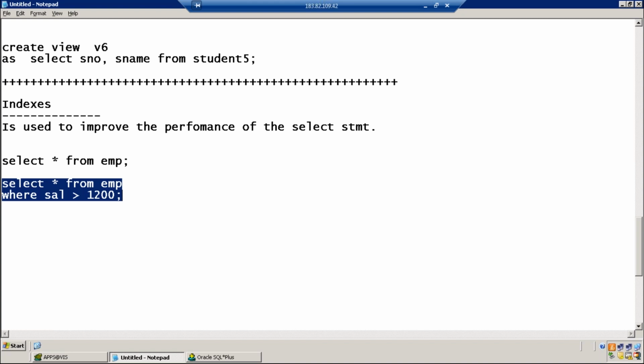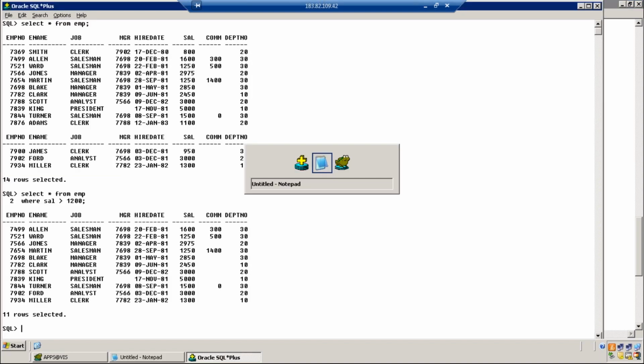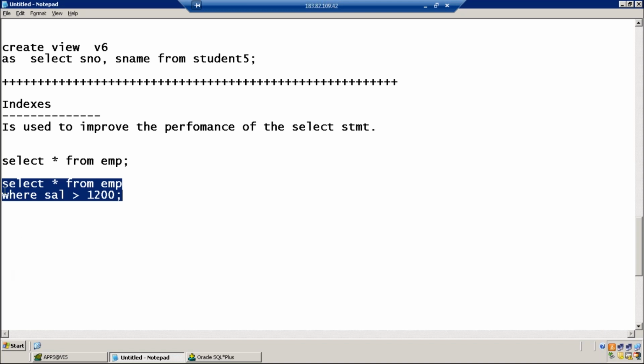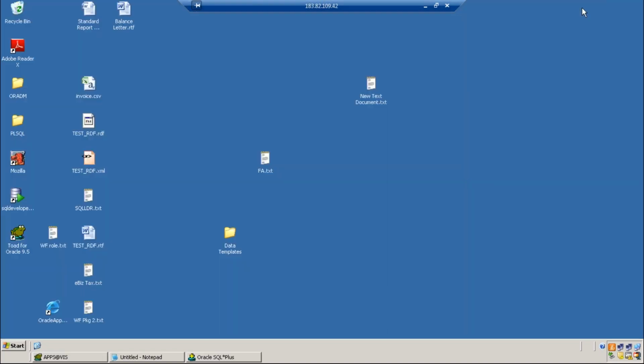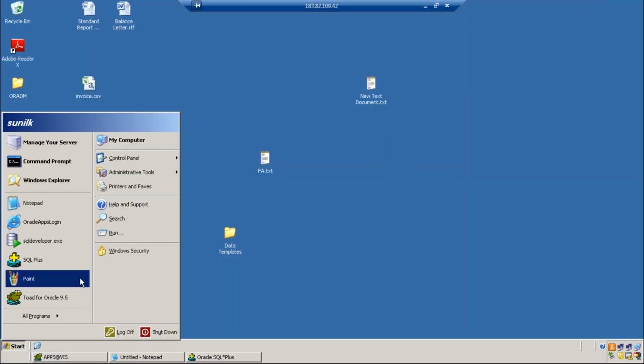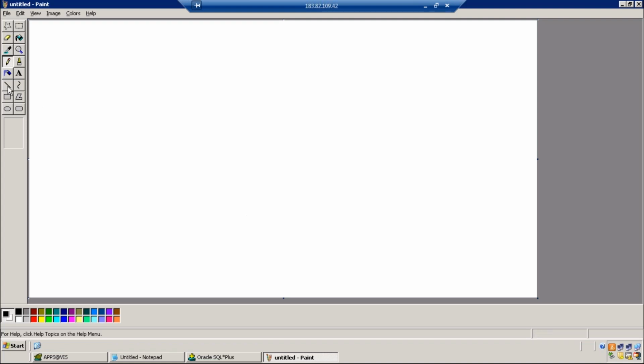So this will execute faster because the number of records are less. The first query will run faster because in the first query we are not writing a where clause. As we are not writing a where clause, there is no extra burden for the Oracle engine. Whatever data we have in the server, the same data is displayed in the client machine.